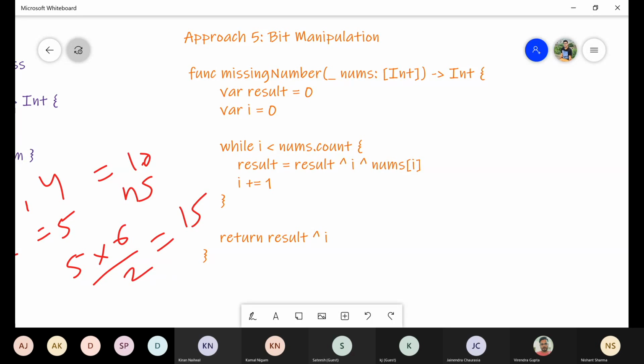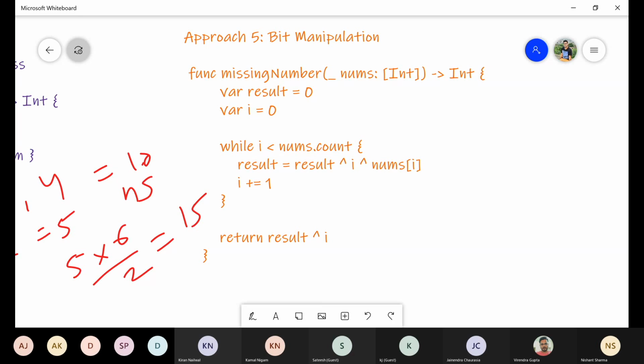How will it work? It will take XOR between the variables. One is i, which is the index. One is the nums array, which is holding the value. This is similar to the first approach, which we did through the for loop, where we tried to find if they are not matching with the index, then we know it's a missing element.